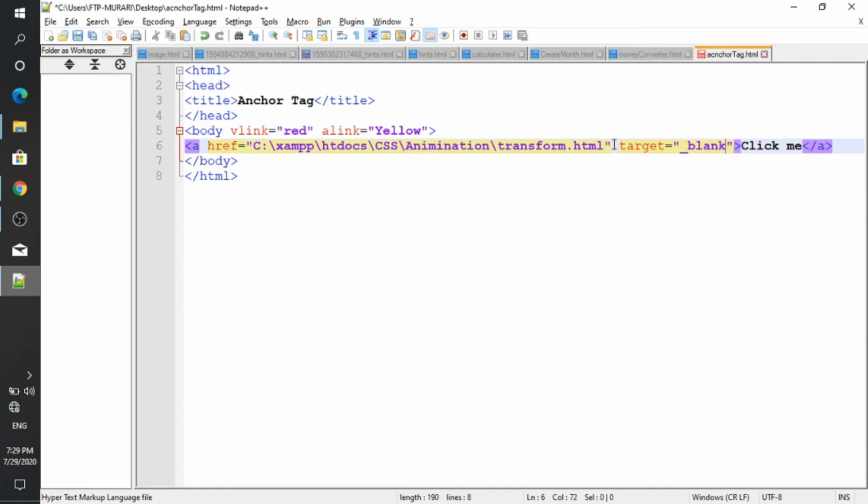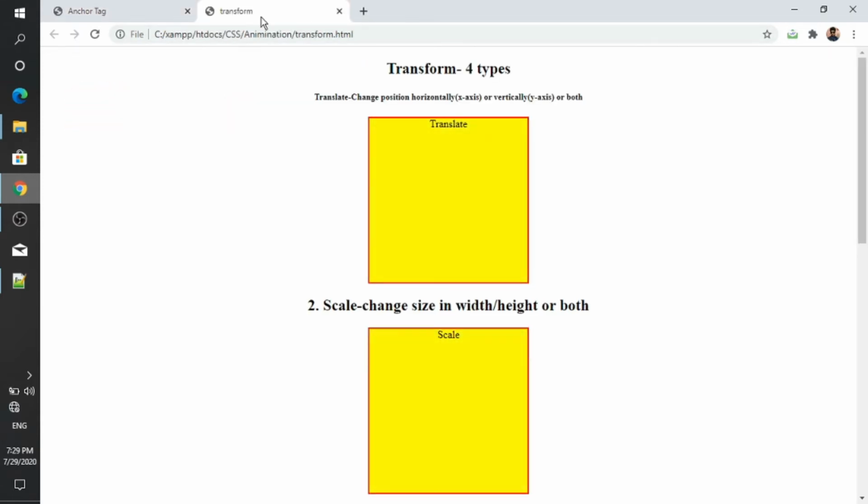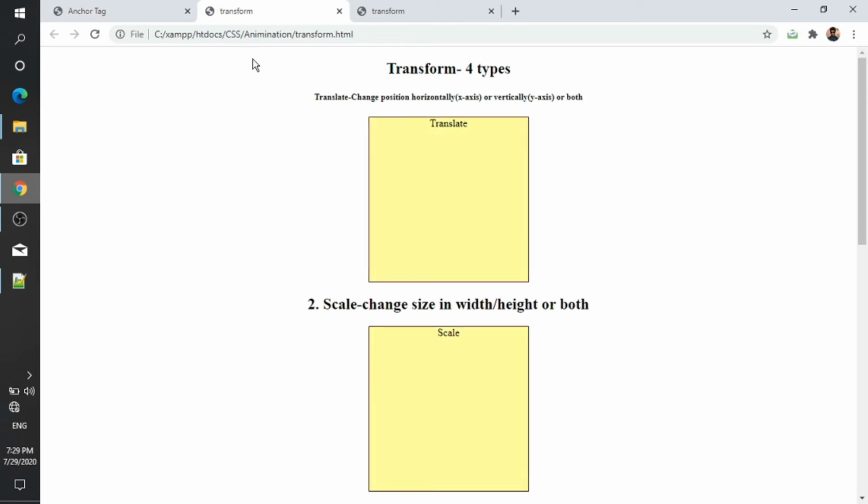Control S to save, refresh the page. When you click on the link, it will open the next page. Here you see, when you click on the link, it will open the next page.